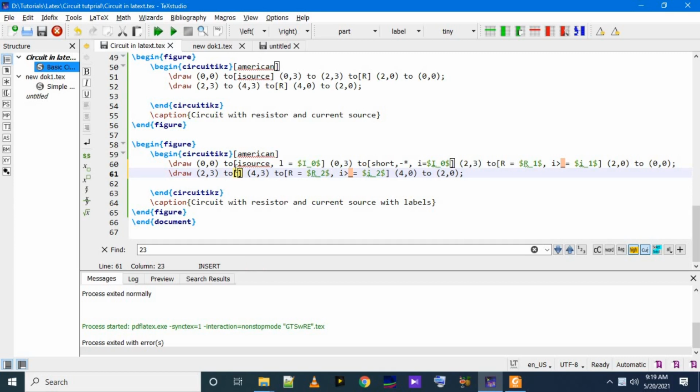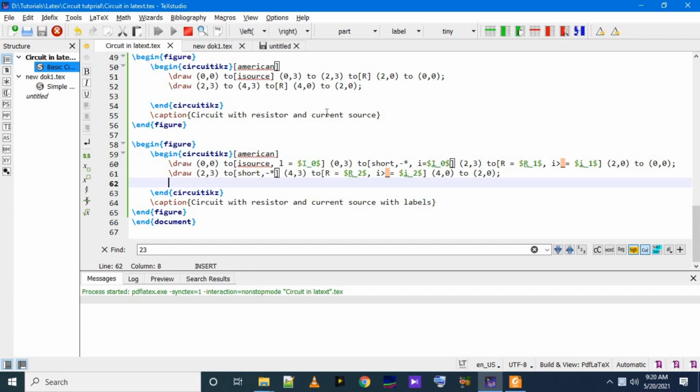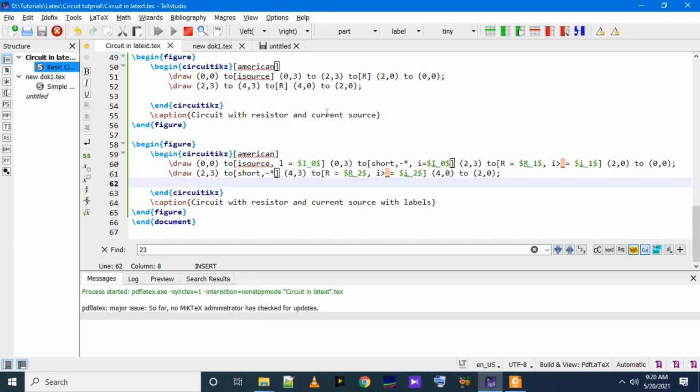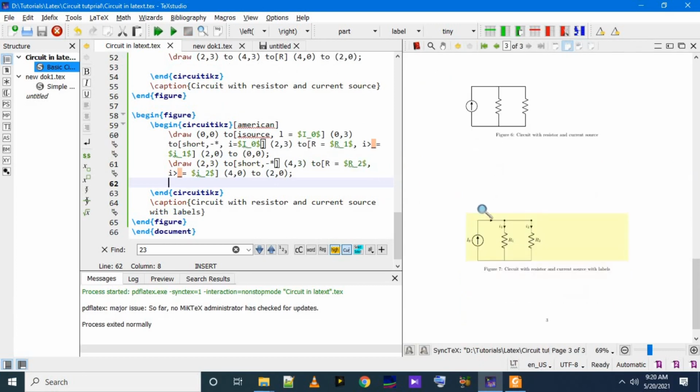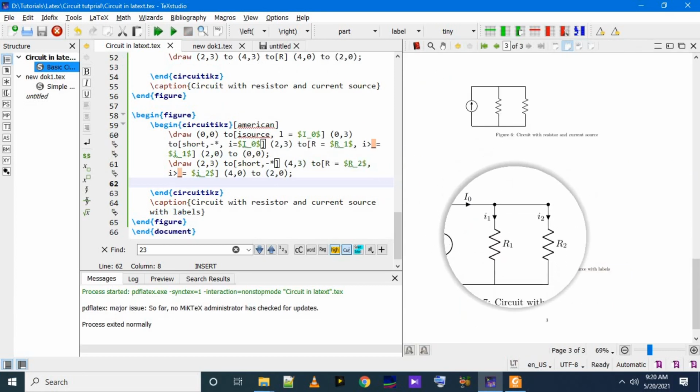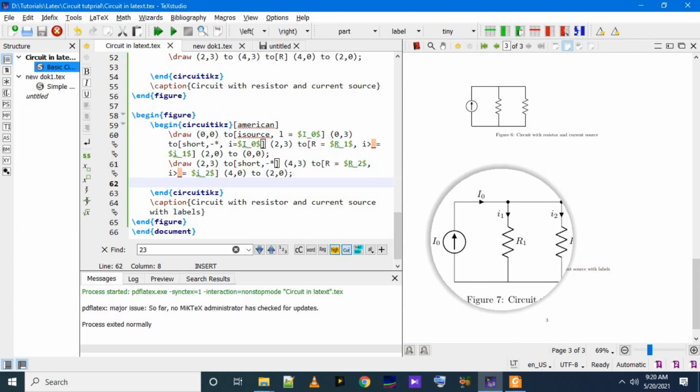Same we will try to put at another branch, from 2 3 to here. We will short it and put this, it will make a block. Now look here, two connections or wires are made.